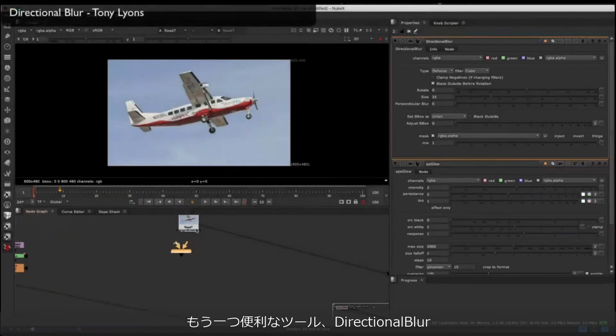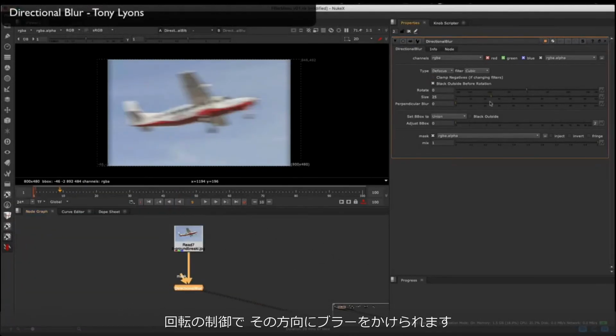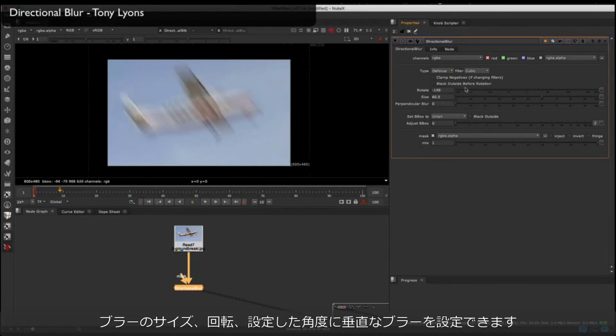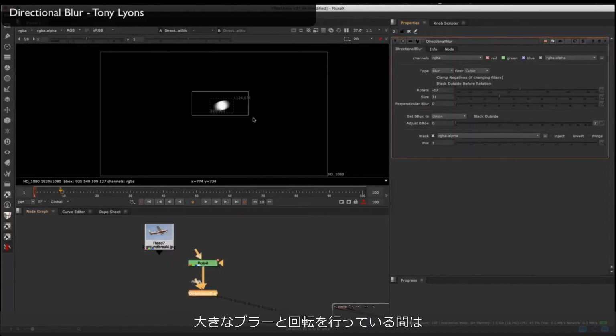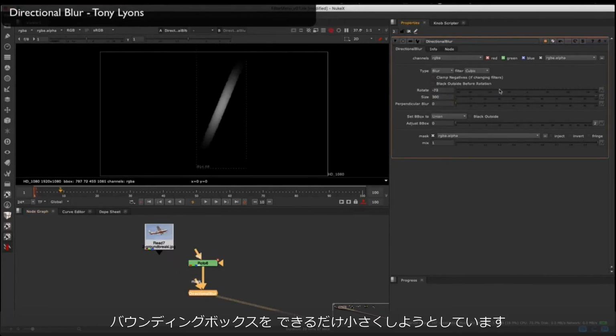of the image. Another quick and handy tool is the Directional Blur, which does exactly what you would think it would do. It blurs in a direction with a rotation control, and so you have the size of the blur and the rotation, as well as a perpendicular blur, which is just perpendicular to the angle you've set. You can see here it's also trying to keep the bounding box as small as possible while you're doing a